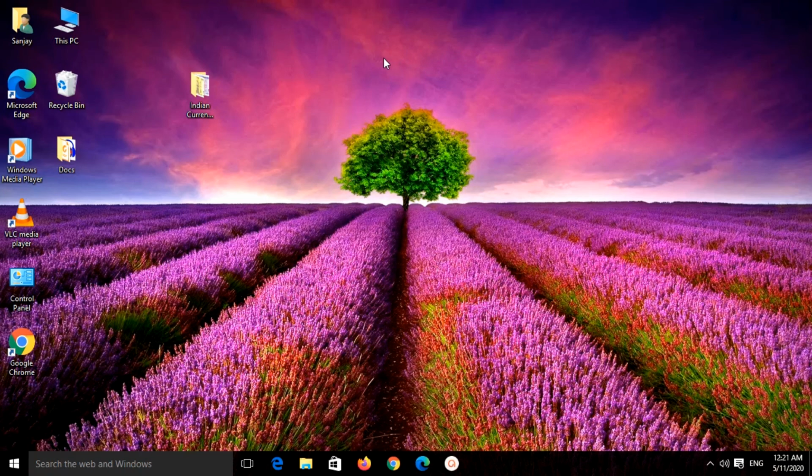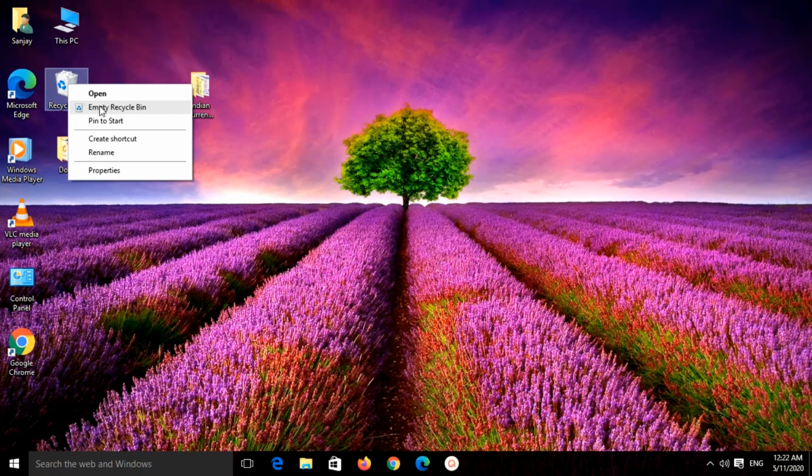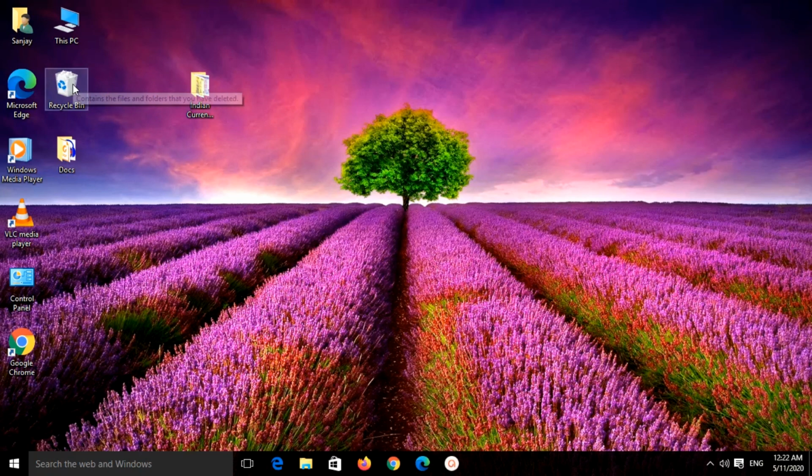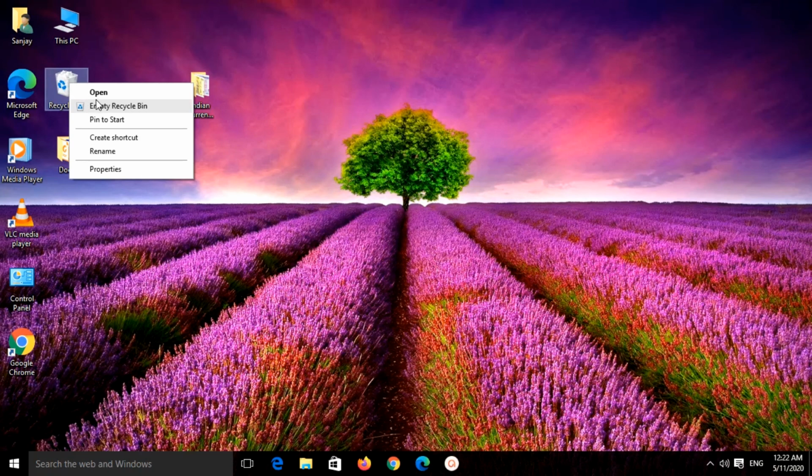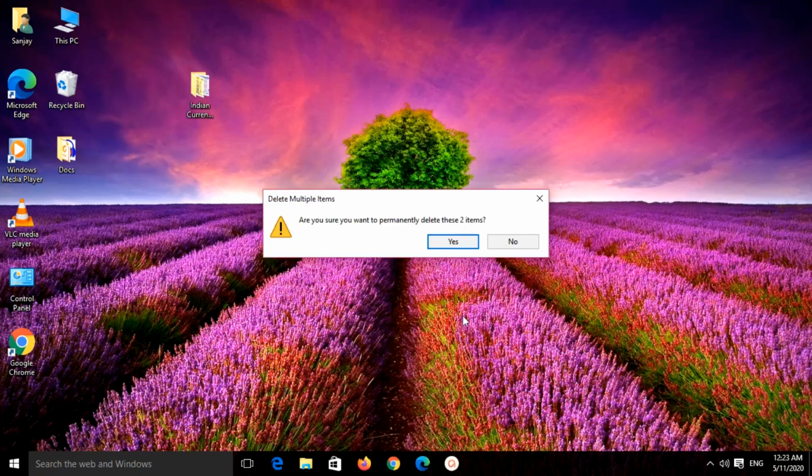Now after deleting and restoring, whatever data is inside the recycle bin which is not needed, you can remove by right clicking on the recycle bin, where one option comes: empty recycle bin. Whatever is there in the computer's dustbin, that is the recycle bin, if I don't want it anymore, I bring the mouse pointer on the recycle bin, right click, and click on empty recycle bin. One message comes.